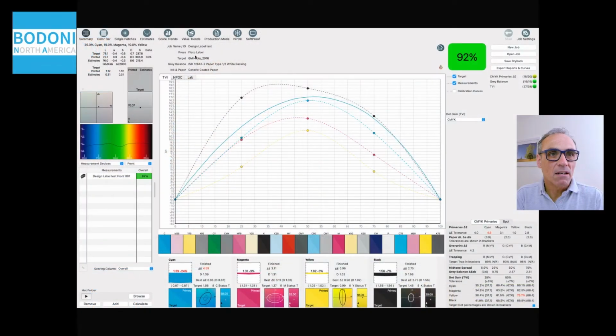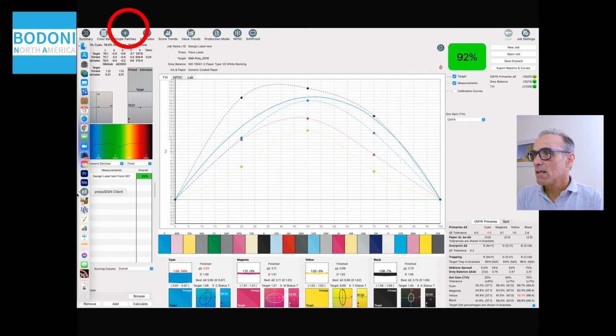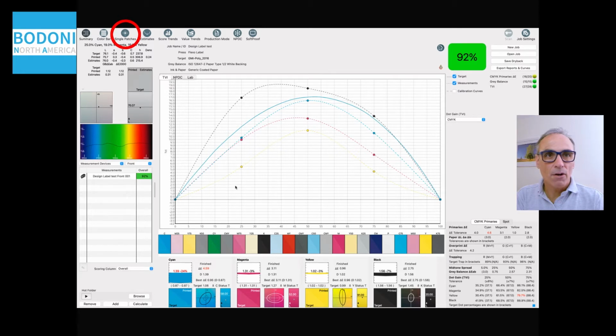So in the pressSIGN interface, we've got a button that says single patches up near the top. I'm just moving my cursor around that area right now. Let me just see if I can show you it. There we are. So the single patches measurement is just there. That's where we want you to be looking. So once you click on that button,